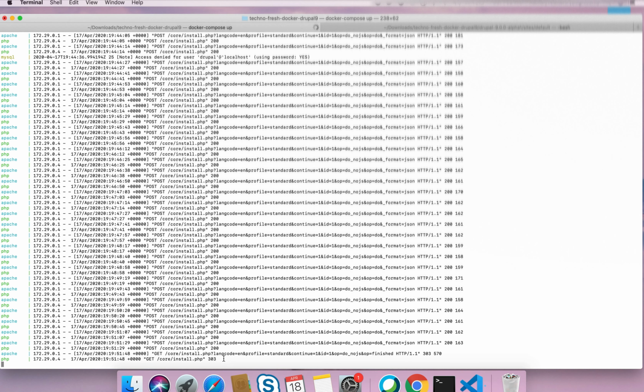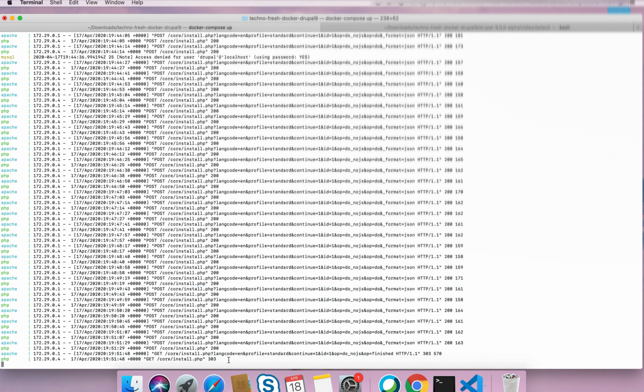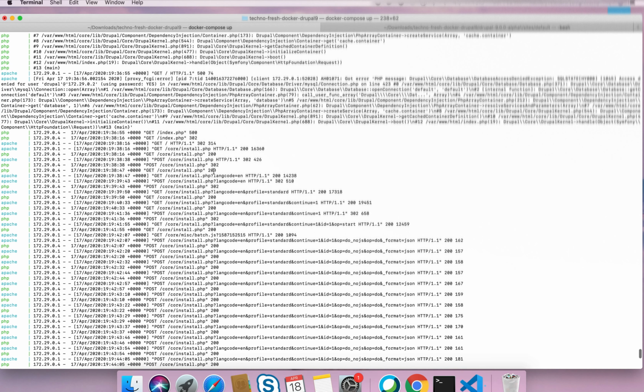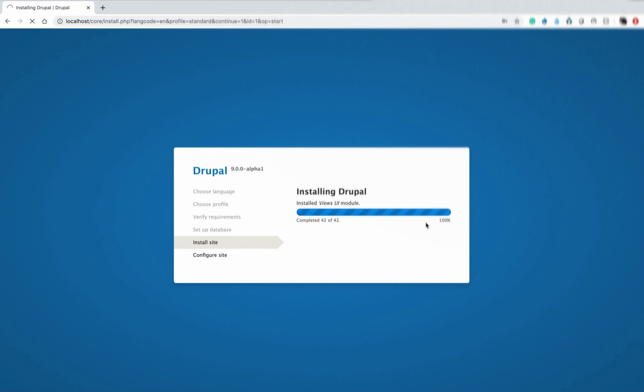If you want to see all the requests, the Apache requests are here. That's why I have not stopped it, to see what requests are going on. You can see all the requests like 200, 303, 302. Hope you know what a 200 request is, right? All the HTTP requests will show. This is the traffic being handled by Apache. Okay, this is going to be done.